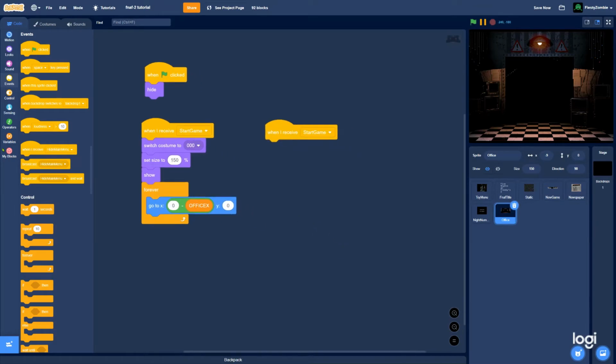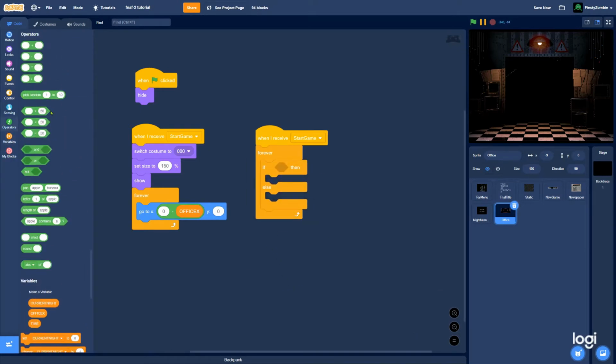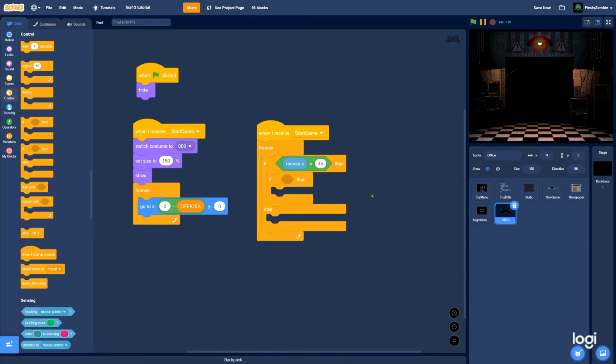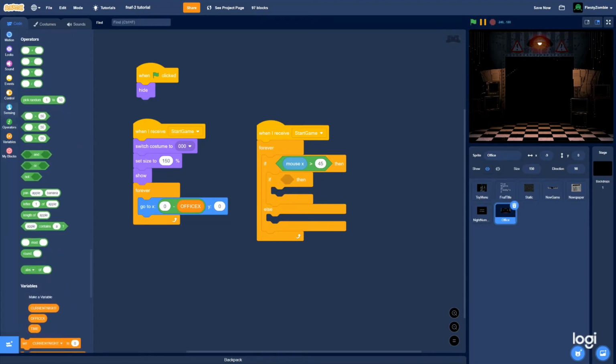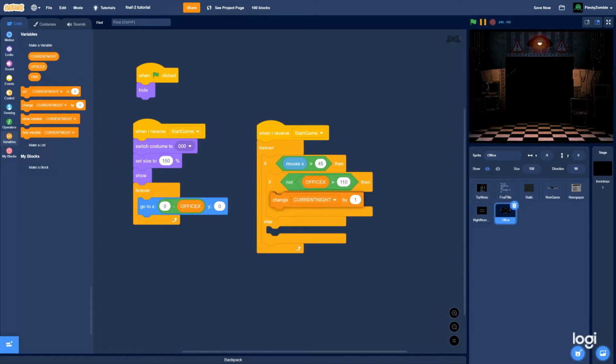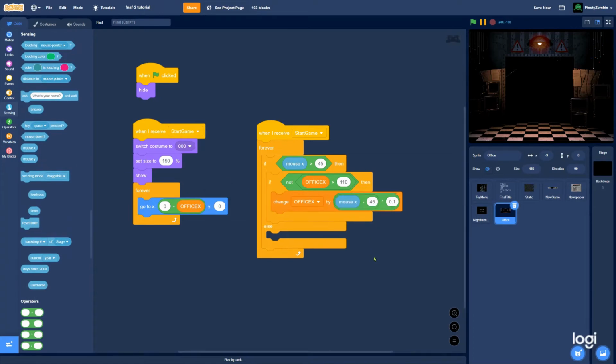So when I receive start game, forever, if else, if, and then in the if, we grab if mouse X is greater than 45, just like that, and we'll grab another if and put it inside the if there, and then we say if not office X is greater than 110, change office X by, we grab a times operator, put in the right side 0.1, and we grab a minus operator, put it on the left side and put in the right 45, and then mouse X, just like that. So now we will have movement this way, I'm pretty sure,